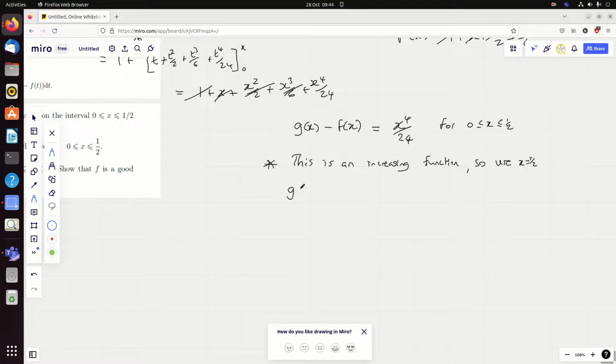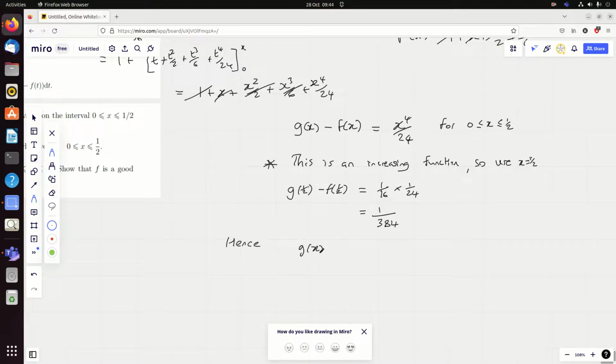Then g of a half minus f of a half, well, it's going to equal a half to the power of 4, which is a 16th. And then I'm dividing that by 24, which is the same as timesing by 1 over 24. That comes to, what does that come to? 240 plus 6 times 24, 240 plus 144 is 384, I think. Yeah, okay, and hence